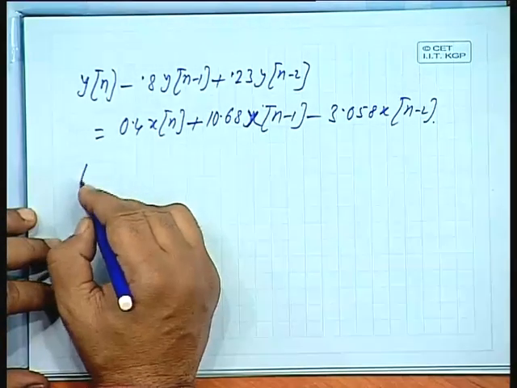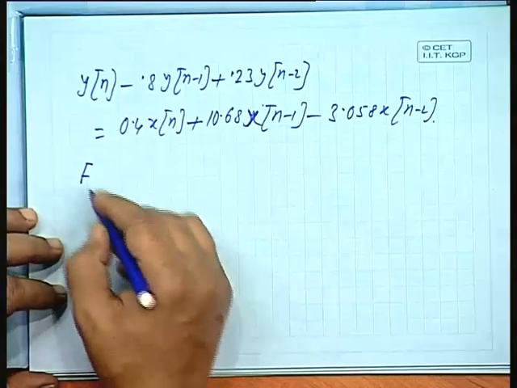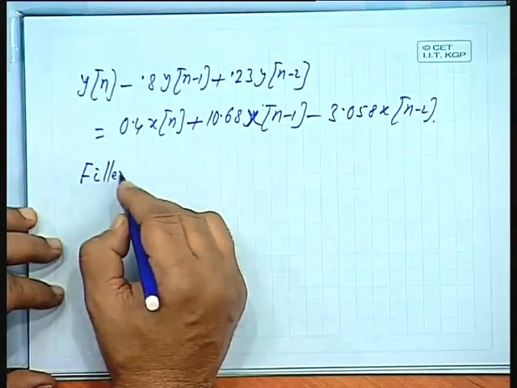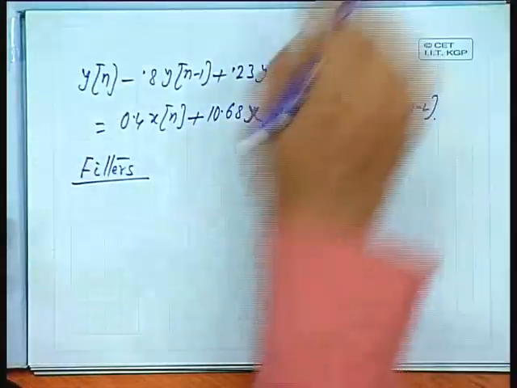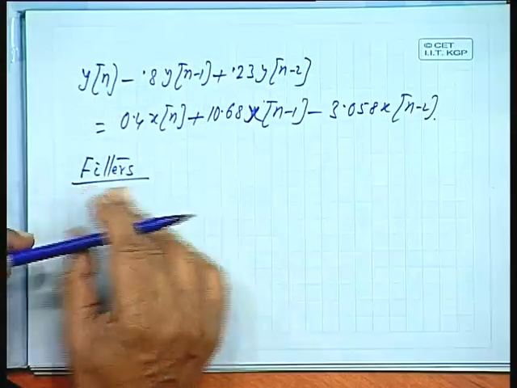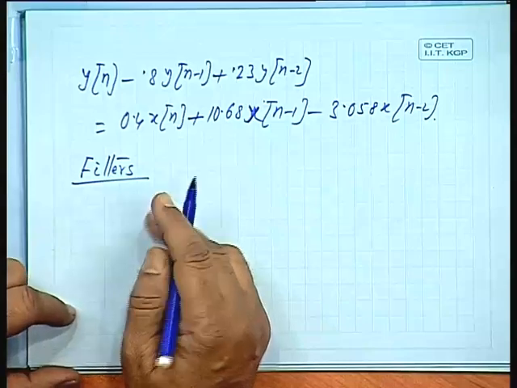Now, we shall take up the general case of filters. Sometime earlier I had mentioned the types of filters that we have. In digital systems, we have two types of filters. We define them as per their impulse response, IIR and FIR. Before we go for the design and structure of filters, we would like to know the general